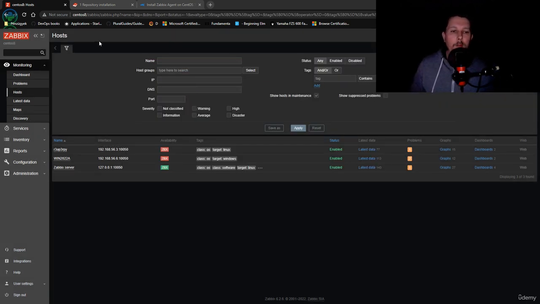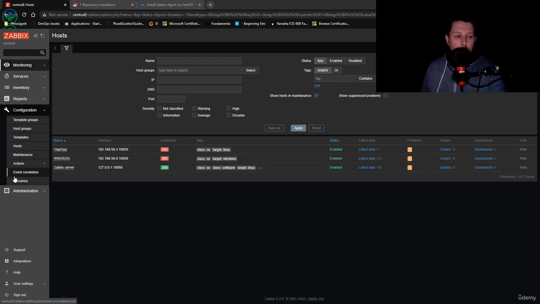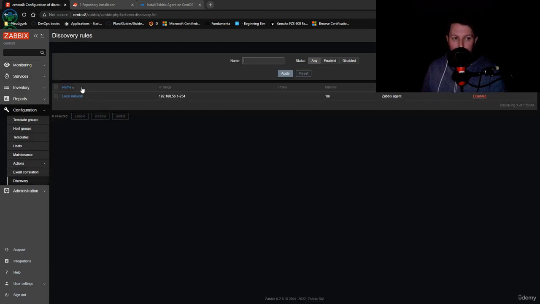Zabbix also provides options to auto-register agents. This comes in handy when you have a cloud environment with many servers and you don't want to manually bootstrap all these systems. What we have to do for this to work is to go to the configuration, and under discovery we